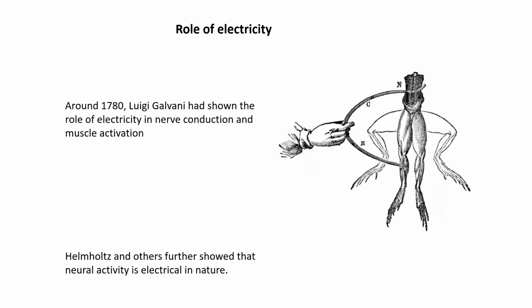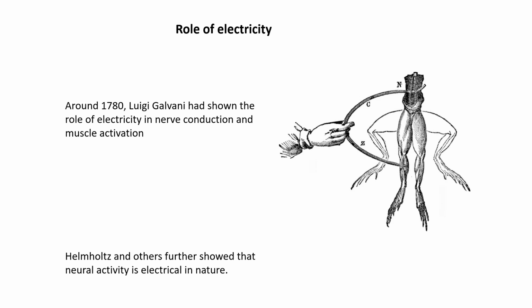So they were doing some experiments with static electricity, and they were using frog skin to generate the static charge. So the story goes that on a table they had a frog whose skin was recently removed. So the frog had died, but only recently. And accidentally they touched an object that had a static charge with one of the nerves of the frog. And although the frog was dead, they saw that the leg of the frog twitched as if the frog were alive. And then they repeated this observation, and others also repeated this observation, and eventually concluded that electricity does play a role in conduction of nerve signals.